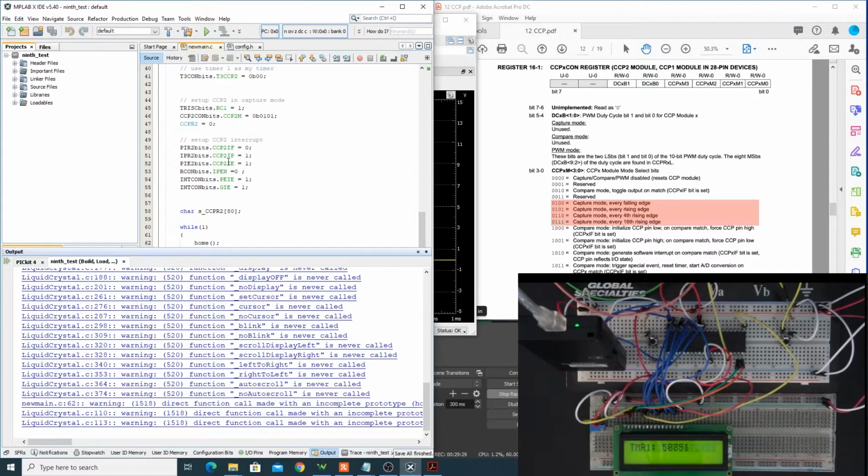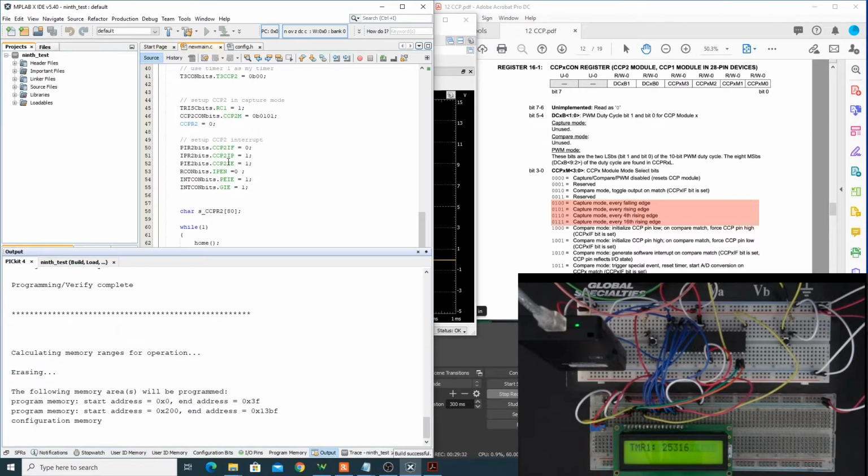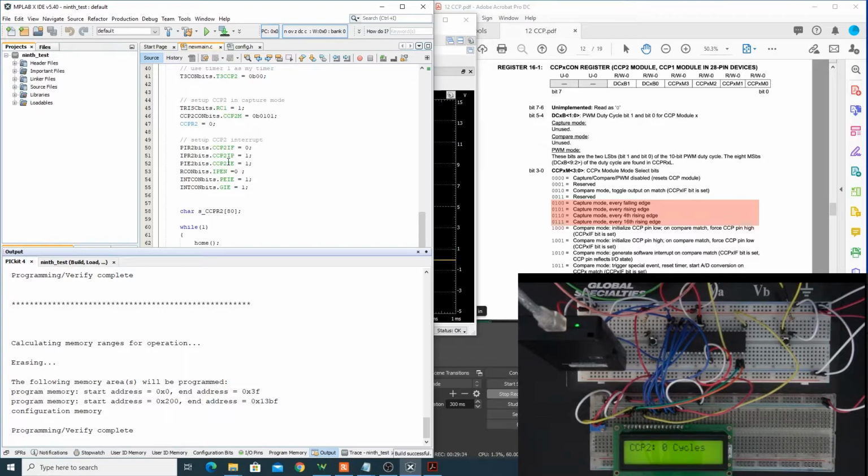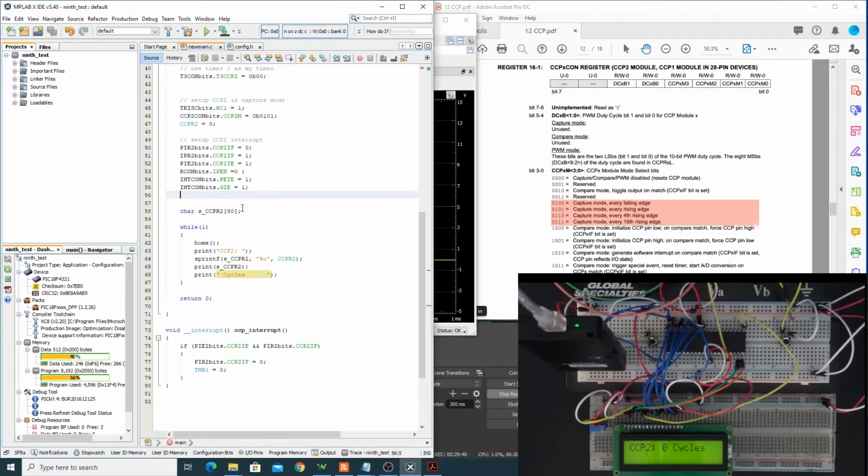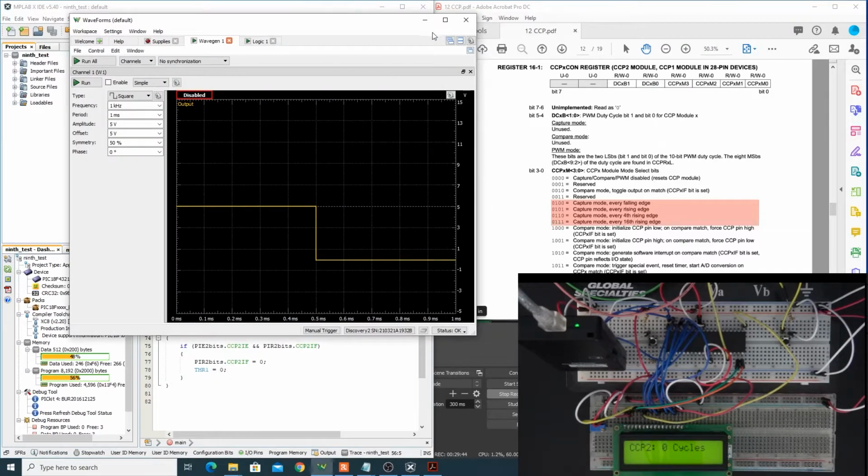Instead of showing you the timer, now what you're going to see is how many cycles. I'm getting 0 cycles. Something is off. Oh, something is off because I don't have any input. I forgot to turn on the function generator, so we need to turn it on. And when I turn it on, it's telling me I have about 28, 29 cycles, it depends,